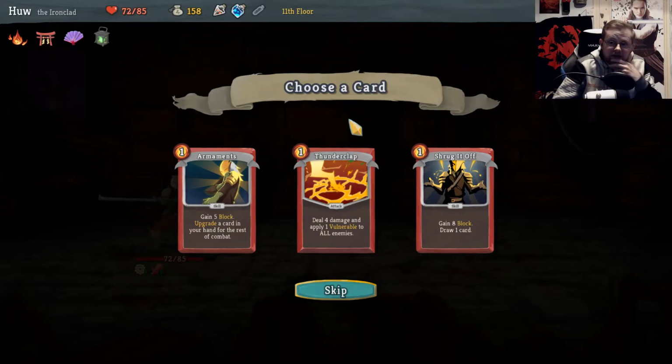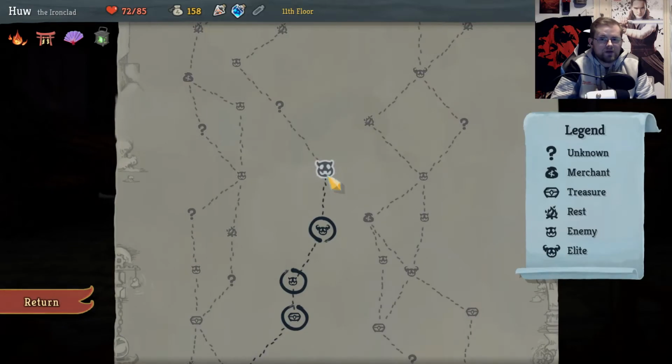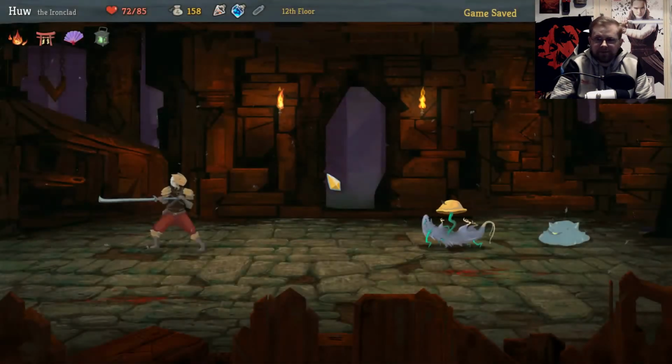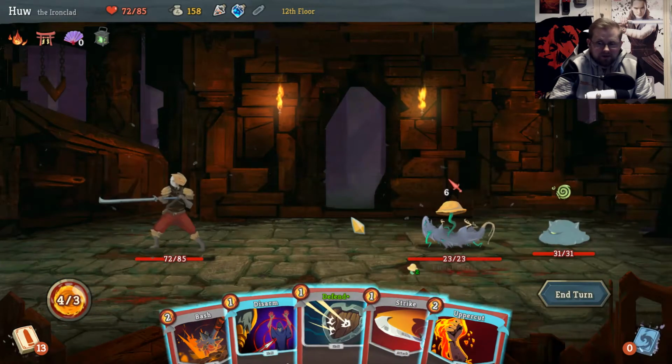Shrug It Off: 8 block, draw 1 card. Thunderclap: 4 damage and apply 1 vulnerable to all enemies. I'm going to go with Shrug It Off because 8 block is a nice amount of blockage. Now we have 2 enemies. These guys are a pain, so I'm going to try and...